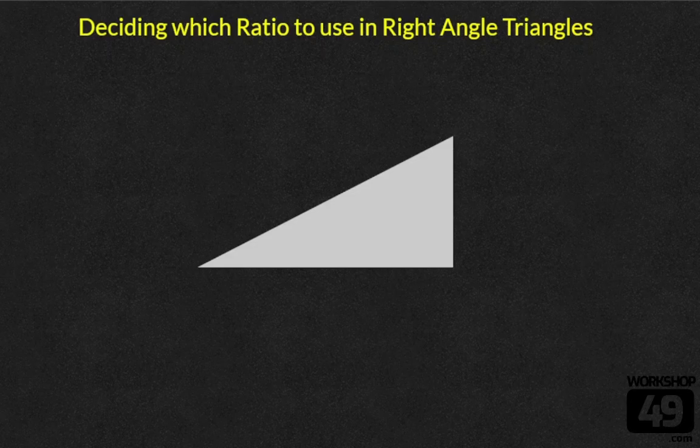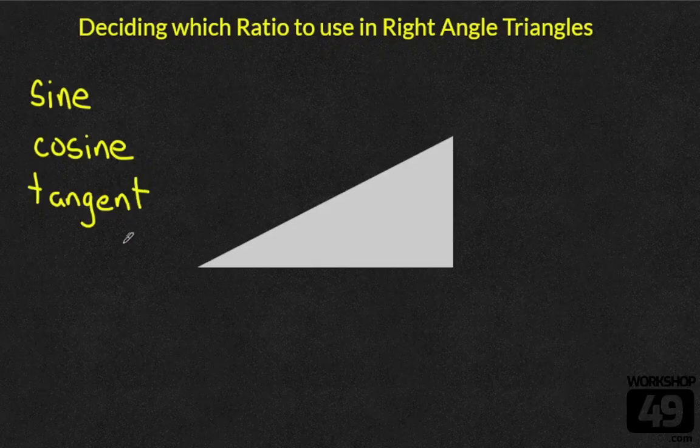Hey everyone! In this video, we are going to be looking at a right angle triangle and then trying to decide which ratio to use in order to solve it. So there are three common trigonometric ratios that we're going to use: sine, cosine, and tangent. And if all you've ever seen is the sin, cos, tan buttons on your calculator, this is what they stand